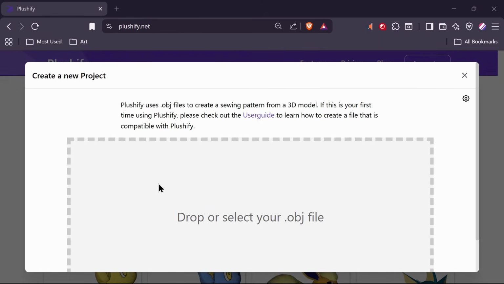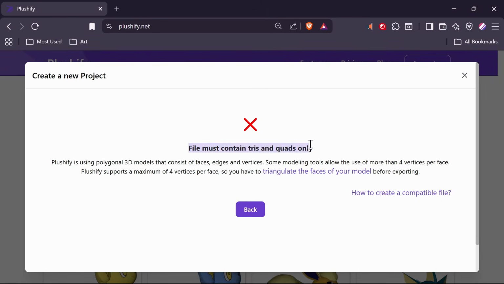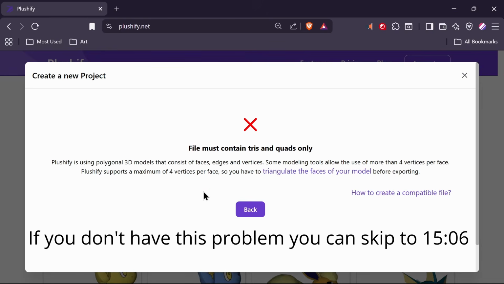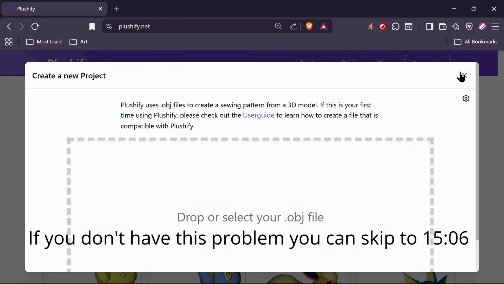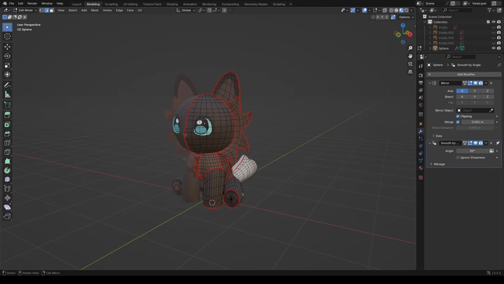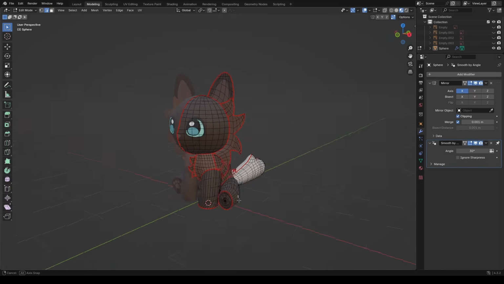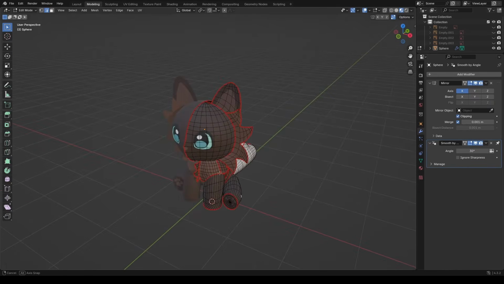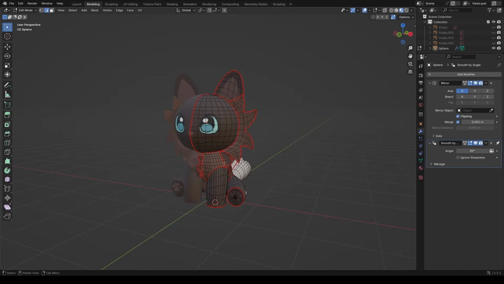We're going to import our file, and uh-oh, we don't only have tris and quads. If this happens to you, I'm going to quickly show you how to find where your incorrect geometry is. So here's my model. We're in Blender, in edit mode, and I don't feel like looking through my entire model to find where these are. So the easiest way that I have found, and there might be an even easier way you can share in the comments, to find irregular geometry is to come up here,